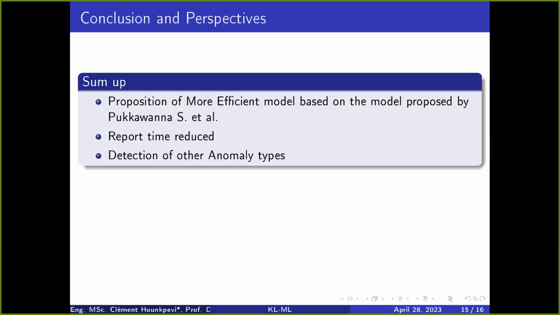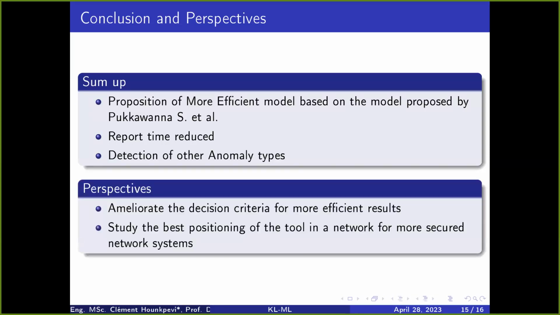And so to sum up, we actually propose in this work an improvement to the model proposed by Pukawana and his collaborator in 2015. The proposed model is more efficient than the one proposed by Pukawana and his collaborators. And our model also performed well in terms of anomaly reporting time, because when we reduce the number of neighbors, our model still performed better than the model of Pukawana and his collaborators. So the third advantage is that our model also detects some types of anomaly that are not known at the beginning. So for further work, we actually need to still